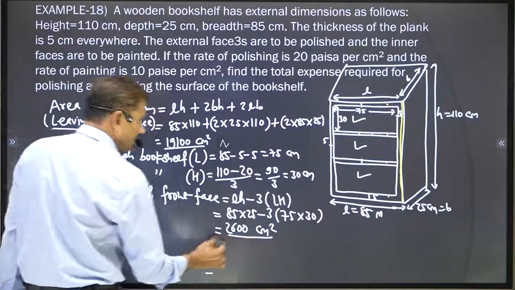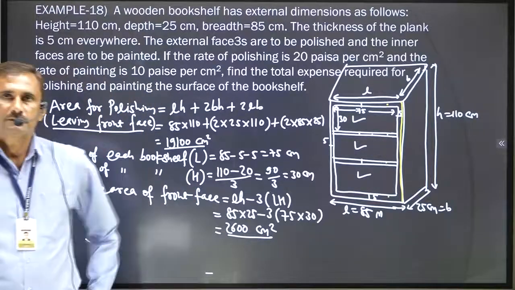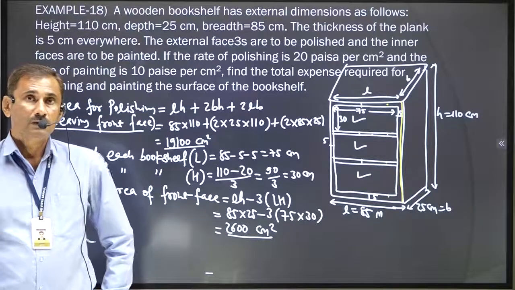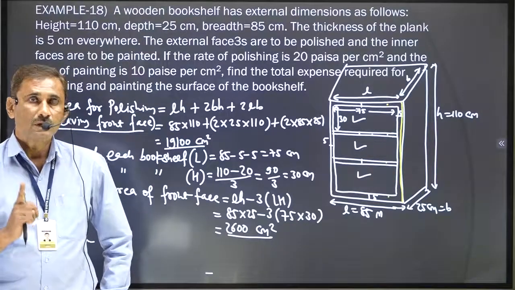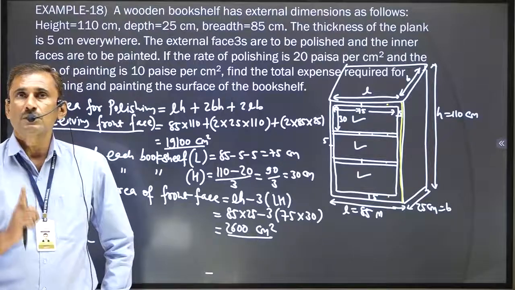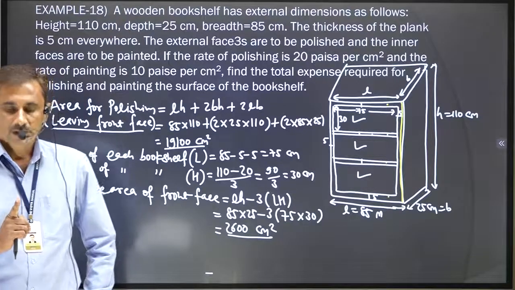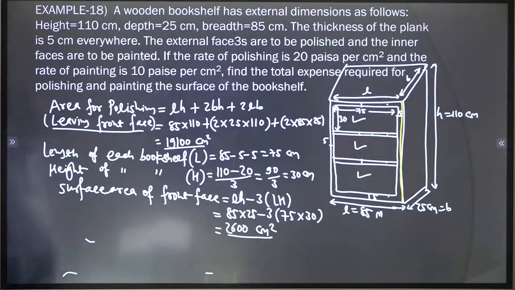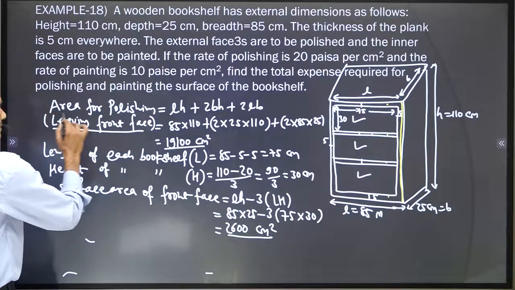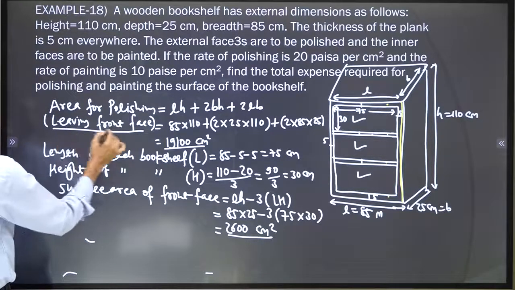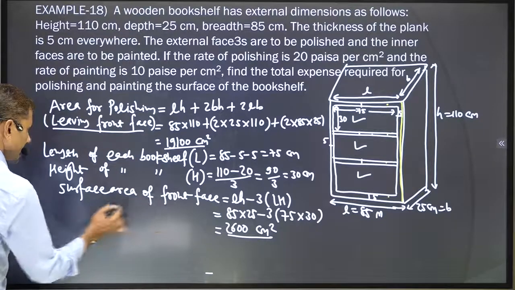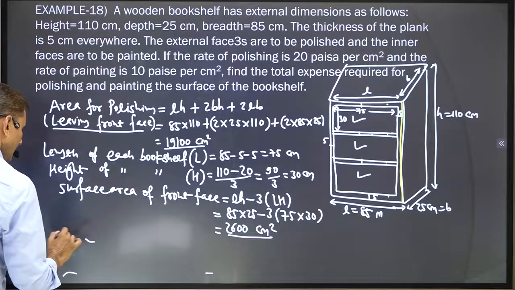19100 and 2600 centimeters. We are now at polishing purpose only. Painting purpose still not discussed. Okay. Now if we add both of them, this is the actual area for polishing because it is leaving the front face. Now we are considering that front face also, and now total area